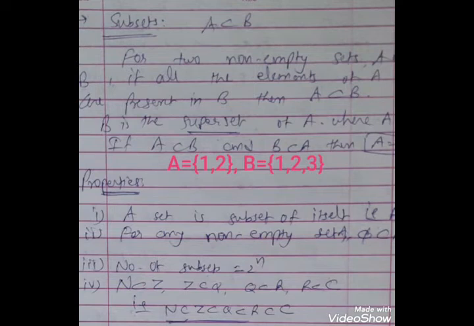Now if we want to find the number of subsets of a given non-empty set, we have the formula 2 raised to n. Suppose A equal to {1, 2}, there are two elements, so n equal to 2, and 2 squared gives 4 subsets. The null set and the set itself are two subsets, and then {1} and {2}; these 4 are the subsets of set A equal to {1, 2}. Now if all the elements of one set are present in another set, then it is a subset. So we know that all natural numbers lie in the integers.